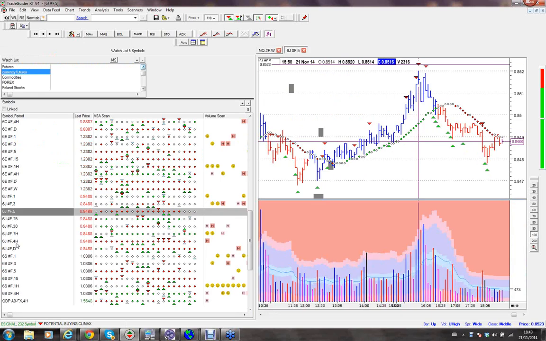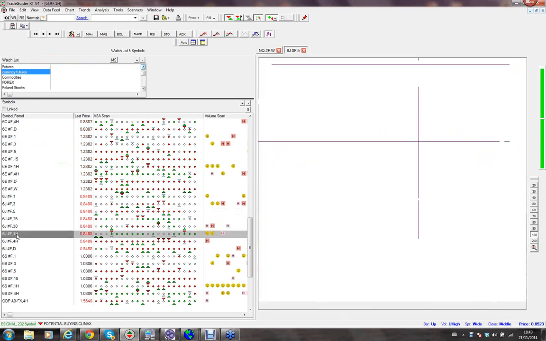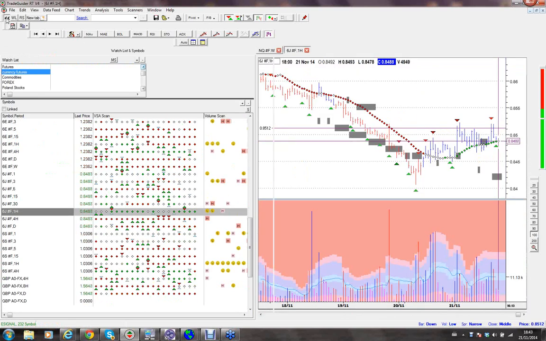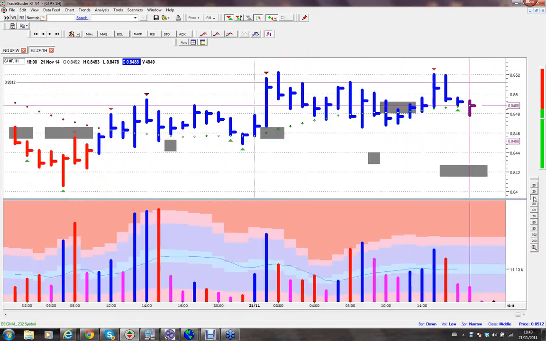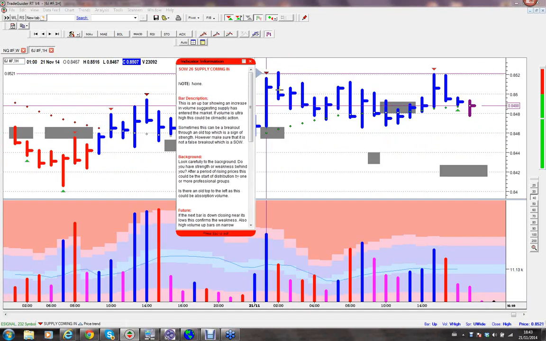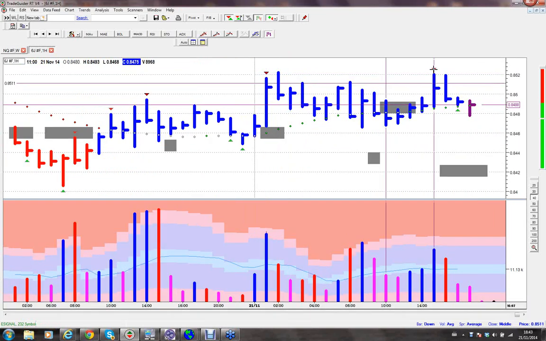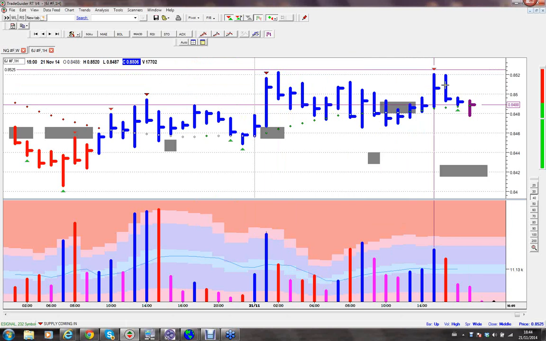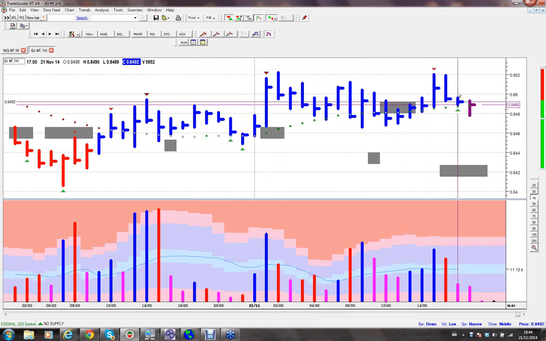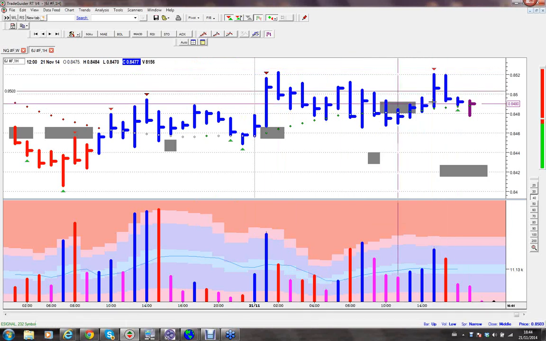Have a look at the 60-minute chart here. What do we see? The 60-minute chart was marked up into a previous area of resistance. Here was your supply, and it's done exactly the same thing. Supply. Next bar's down. Now they're testing that supply here. They're testing this level. And on this hourly chart, now I'm not going to hold this trade into the weekend. You'd be silly to do that. You don't want to hold positions going into the weekend.